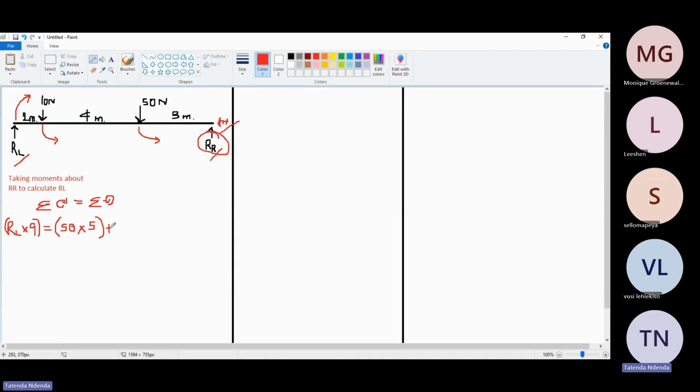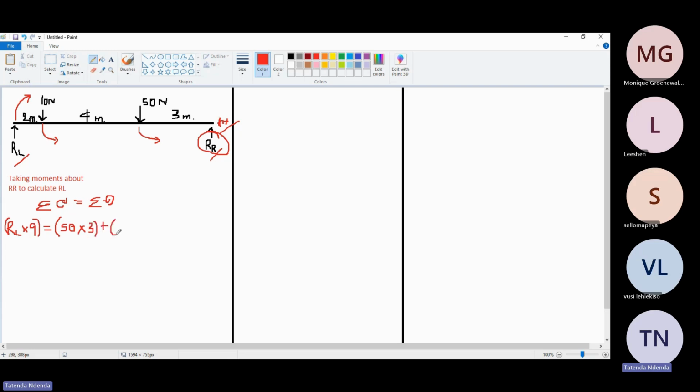Oh, this looks like 5. Let me correct it. It's 3. Doctor's handwriting. So I'm going to put it as 3. So we are saying 50 multiplied by 3